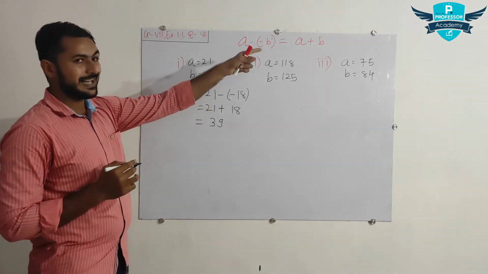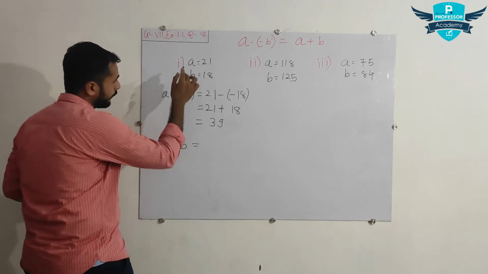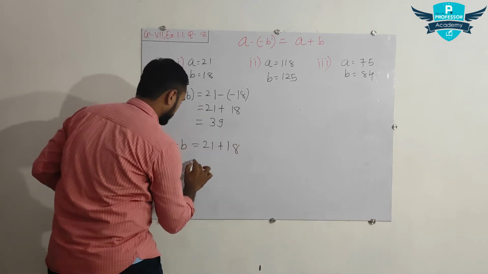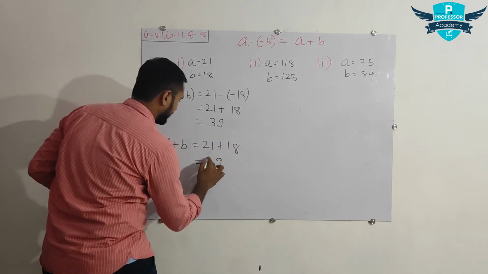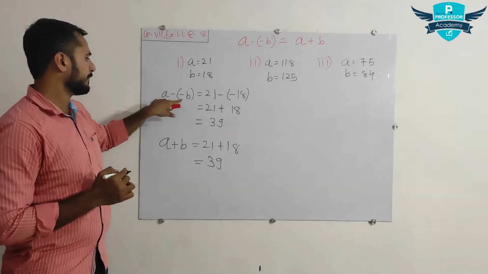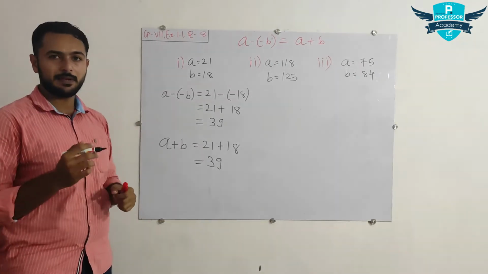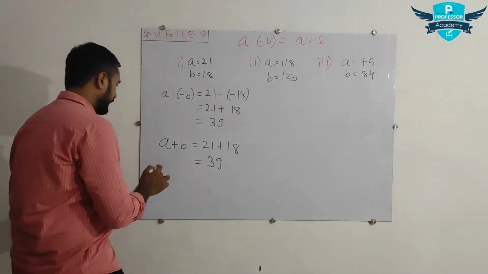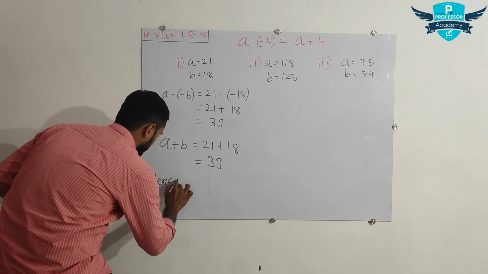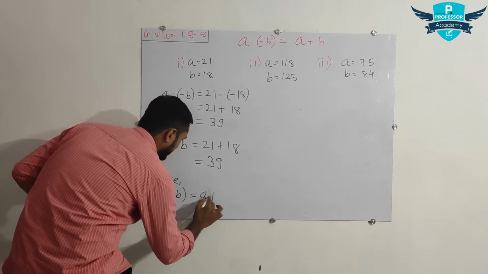Okay, at the right hand side we have a plus b, so again we need to verify that like this. a plus b is equal to, what is the value of a? It's 21, and for b it's 18. So simply it's 9 and 3, 39. So for both a minus b and a plus b, we got the same answer, that is 39. So for LHS and RHS, it means LHS is equal to RHS. Here we can say, hence, a minus b is equal to a plus b.